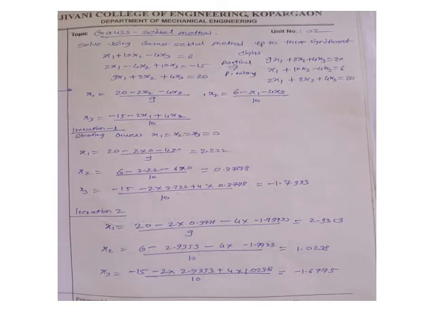So let us consider this second example. In this second example also, x1 plus 10x2 minus 4x3 is equal to 6, 2x1 minus 4x2 plus 10x3 is equal to minus 15, 9x1 plus 2x2 plus 4x3 is equal to 20. So let us arrange this particular matrix in a diagonally dominant format. So it will make this third equation as the first equation. So 9x1 plus 2x2 plus 4x3 is equal to 20 is the first equation.